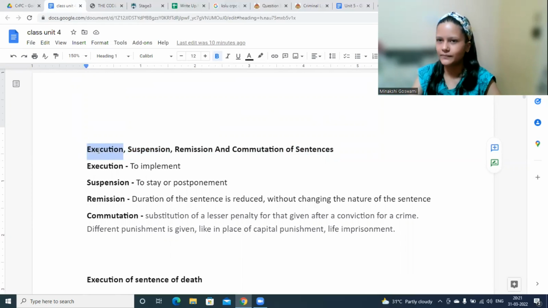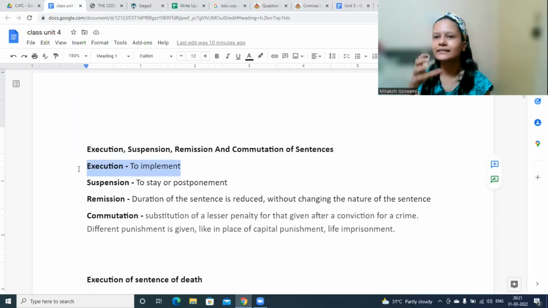Execution, as in doing something, right? Execution of a contract, as in you are accepting it, you have signed it, you have given your consent. That is nothing but execution. In the same way, when we say execution of an order, that means getting it done, implementing. So when we say execution, that means to implement it. Take for example, a court has given the punishment of death penalty. In that case, capital punishment has to be implemented, right? There would be certain officers who will implement, who would execute that particular order, whatever the court has directed. That is nothing but execution, which means to implement, to get it done, to make it happen.